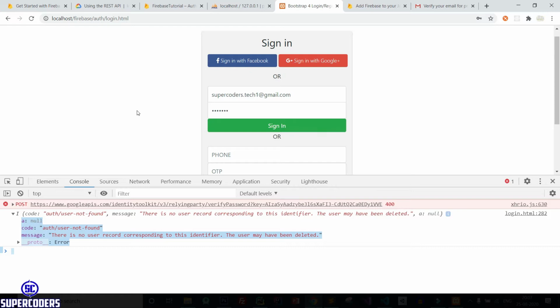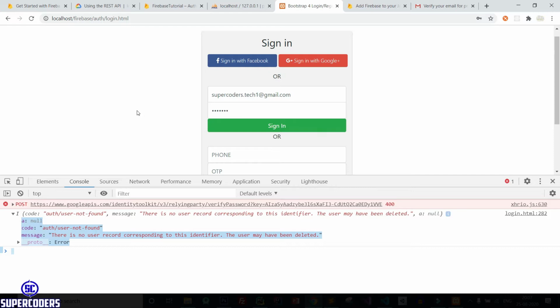Now we need to do the main thing, like saving this user data in our own server database instead of Firebase. Let's see what the challenges are.